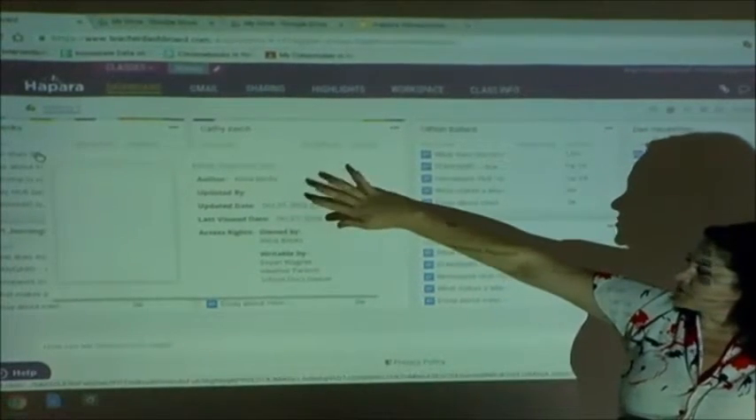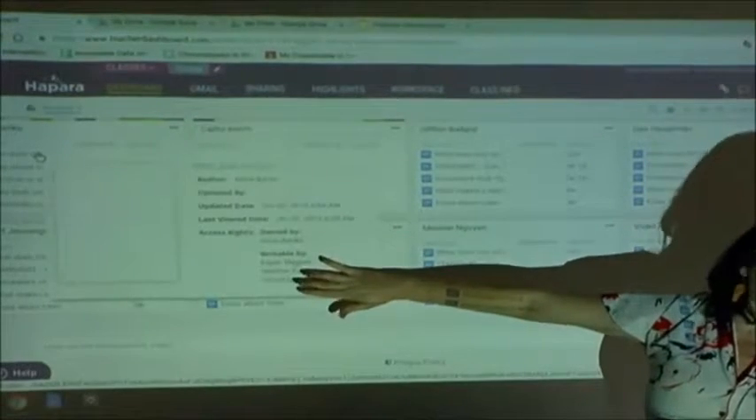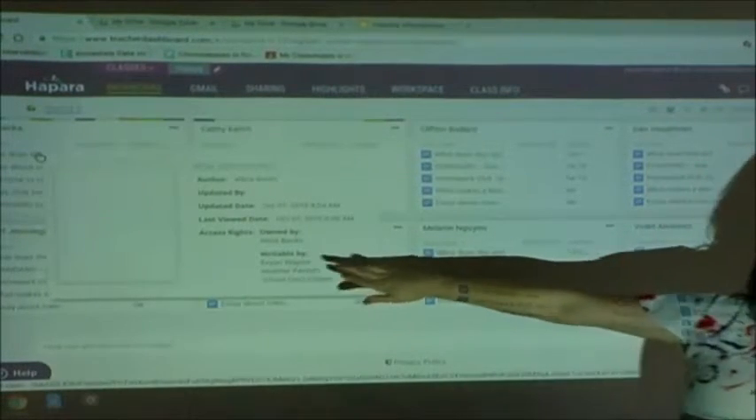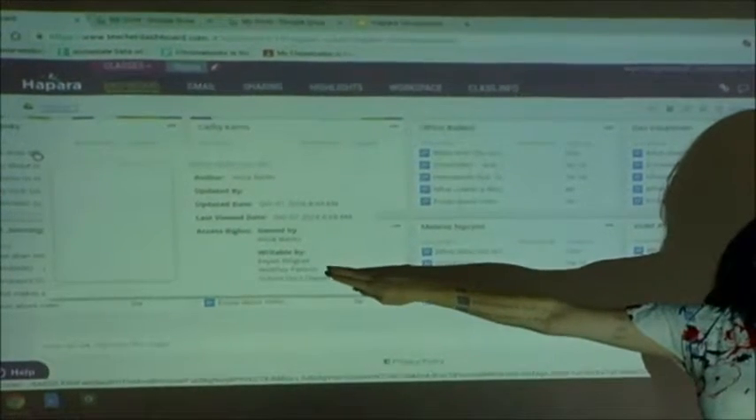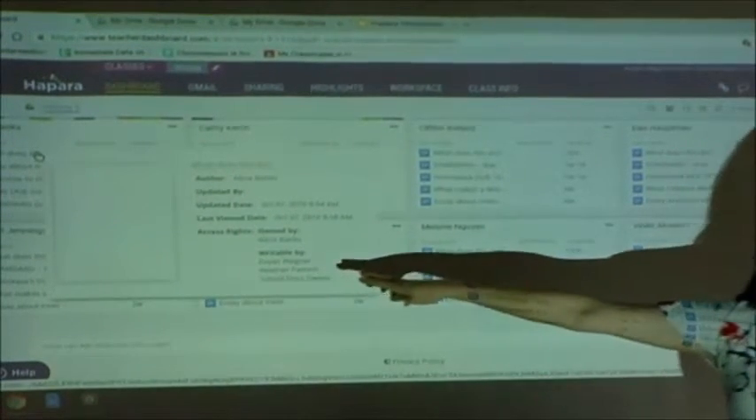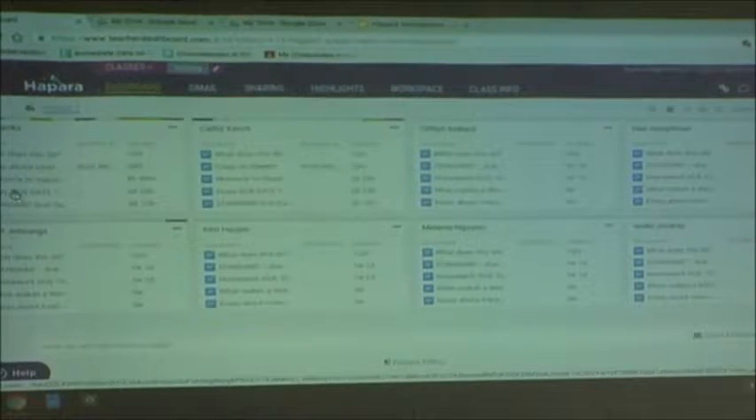But it also tells you when Alicia last worked on it, when she last viewed it, and who else has rights over the document, which sometimes can be great information if they are supposed to be collaborating on a document, or if they are not supposed to be collaborating on a document, and they have shared it with someone else. That information is available to you by just hovering your mouse over it. You don't even have to click on it. You can, however,